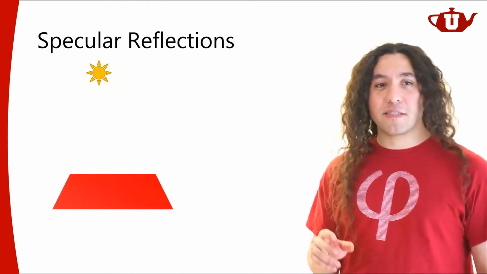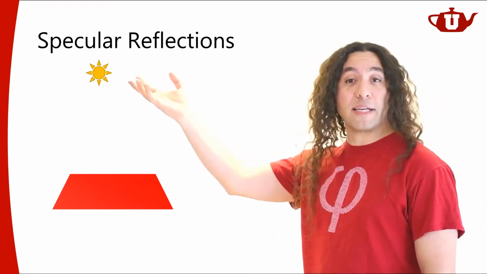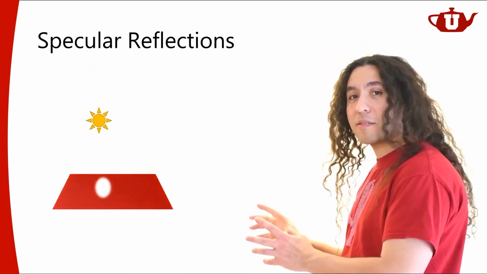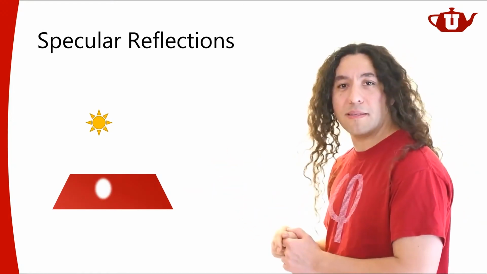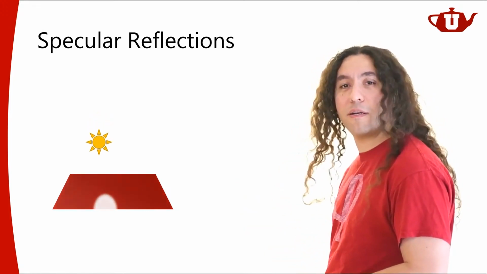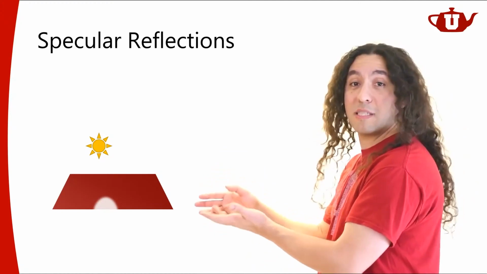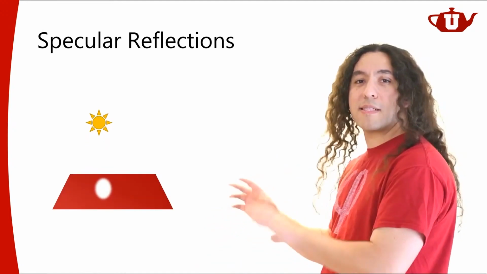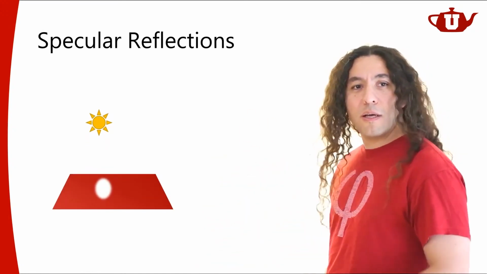Now, you can think of these specular reflections as the reflections of our light source. So if I move this light source from certain angles, I might start seeing the reflections of the light source. And that's exactly what these specular reflections are. If I move this a little further, you'll see that these specular reflections are going to be somewhere else. And they will move as I move my object or as I move the light source. So they just sort of dance around on the object.